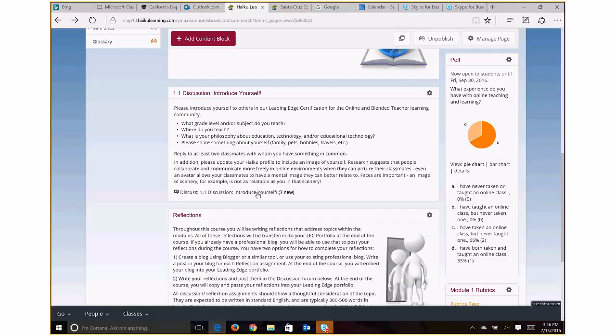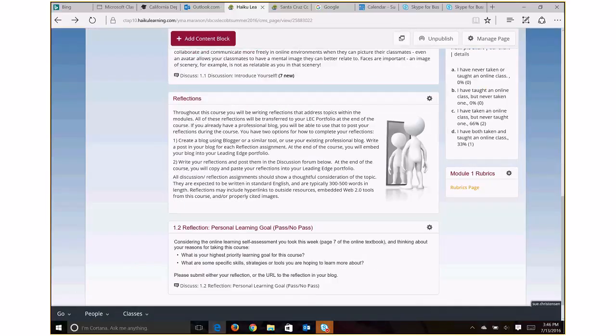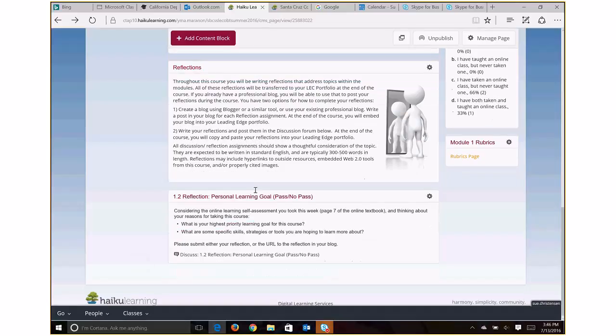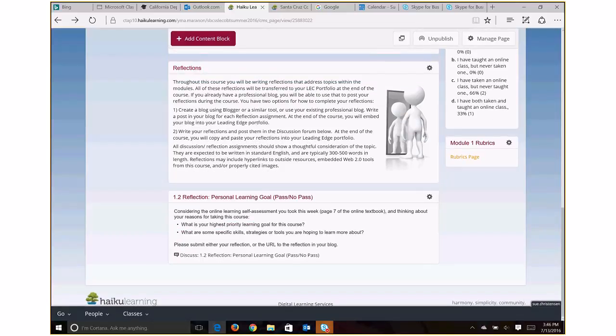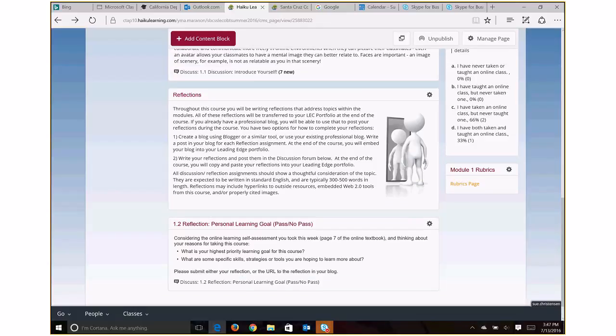Okay, and then the reflection down below, there's a little bit to read here, and do take the time to read it. But below that is the reflection prompt. And again, another link for you to click to go in and post your reflection. There is no required format for reflections. It's just important to use good English, good grammar, good spelling. Some people actually do their reflection in a blog. It may be a blog you already maintain. You can create a blog for this, and actually that's what's in this box above here.